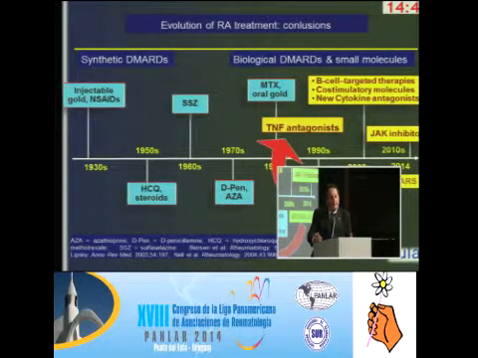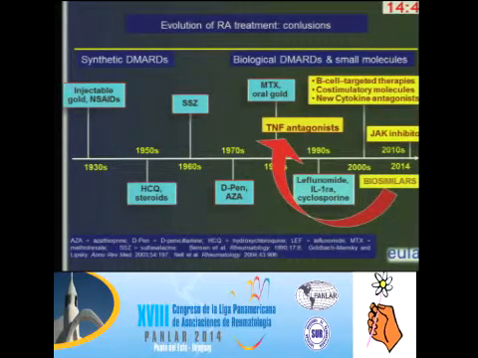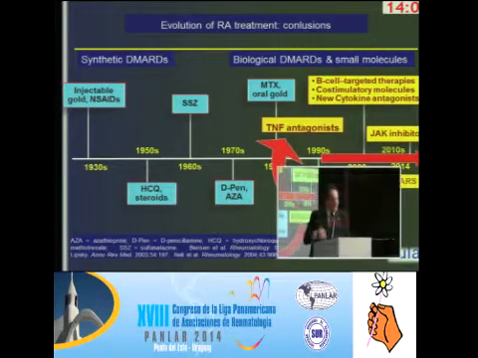That testifies that several steps in the evolution of rheumatoid arthritis treatment are still very important. Some of the targets are still very important, and we go back to try to even increase the market for this kind of approach. But of course, on the other side, offering always new possibilities to optimize the treatment. And so I think that this is the most important conclusion I can give at the end of this talk, that generally we have to look at the future, but also we have to look back